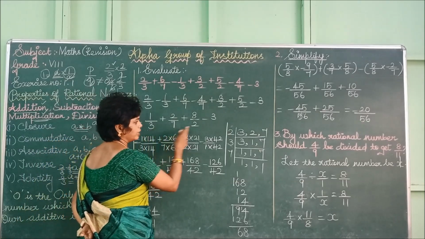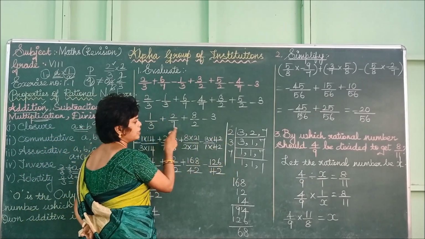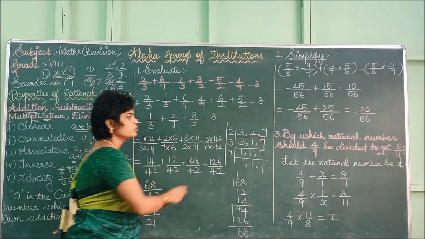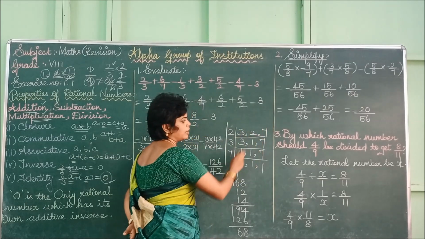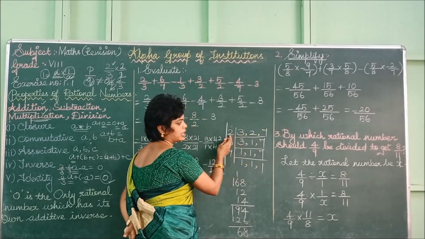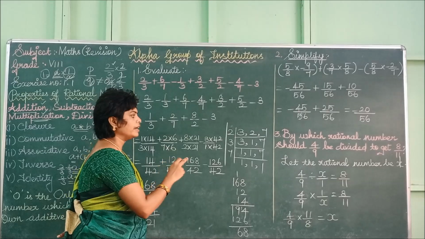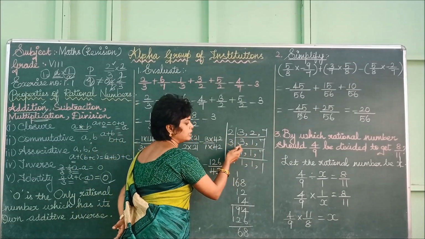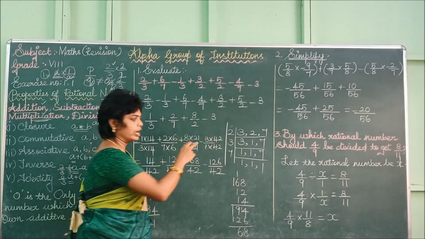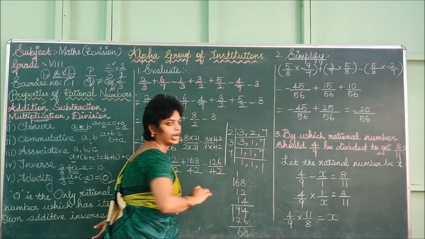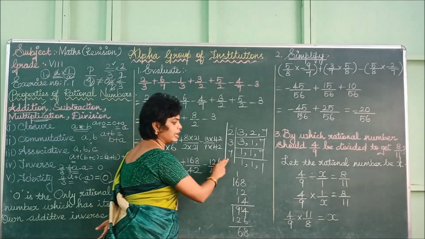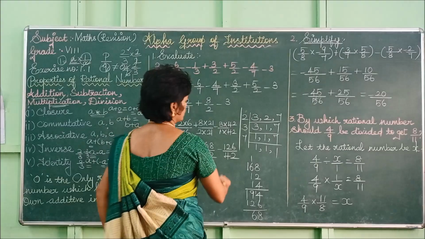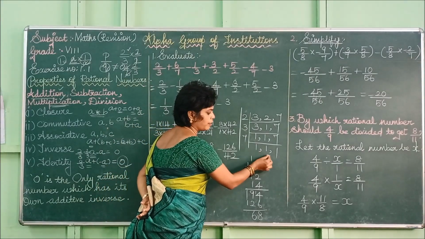So different denominators, you can take the LCM. 3, 2, 7 or 3, 7, 2. Everything you can change and write. So these two terms are odd numbers. This is the only even number. So first I am finding the even number. So if you divide it with 2, 3 and 7 remain as they are. This 2 becomes 1. And look, 3 only comes in the 3 table. So you can put 3 and 3 as 1 time. 7 you can write as it is. Then 7 table 1, 1. So at last 1 comes. Listen here. So everything becomes 1, 1.